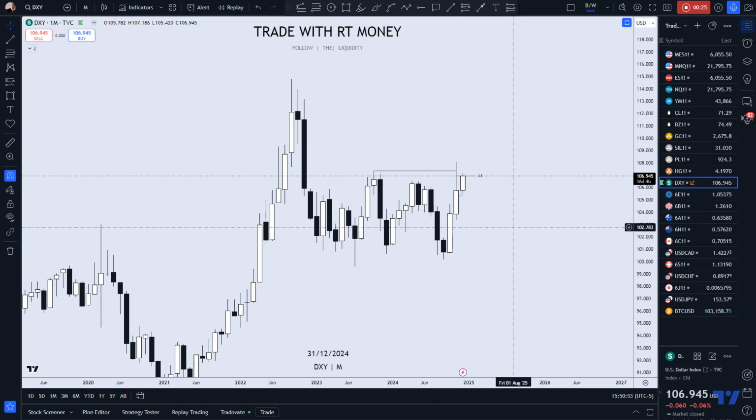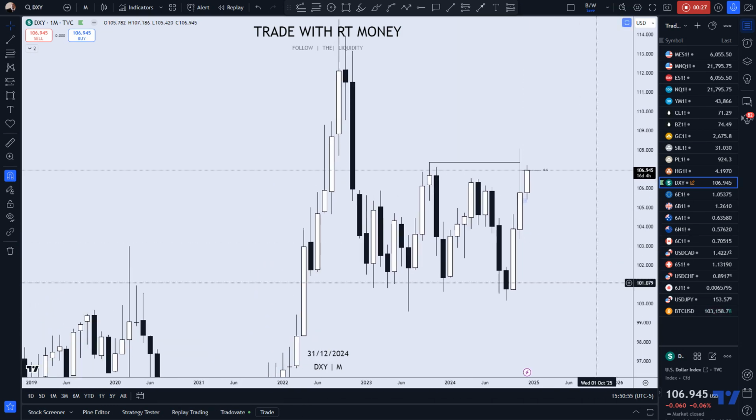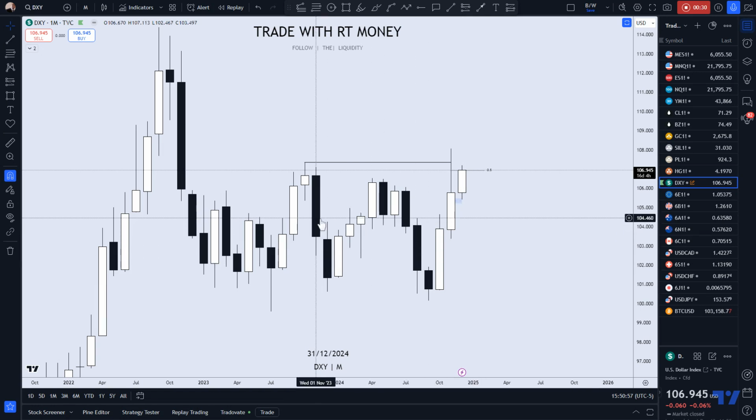On the monthly, we're going to do a top down analysis, right? What we can see is price had a bullish impulse, and then we went into this long period of consolidation, where we peak above the consolidation to sweep liquidity, trade back into it, push higher, never breaking the high, push lower, just enough to sweep the sell side liquidity. So we swept the buy side liquidity, we swept the sell side liquidity. Where are we going now?